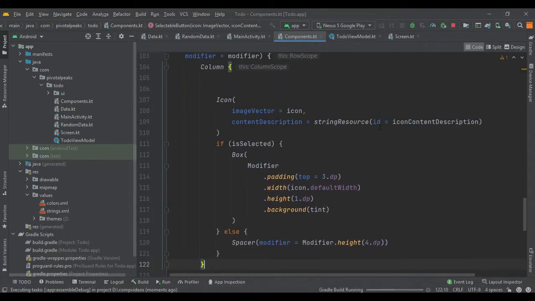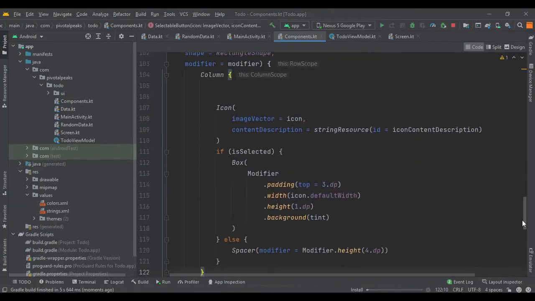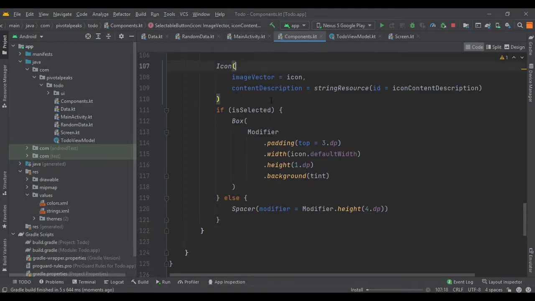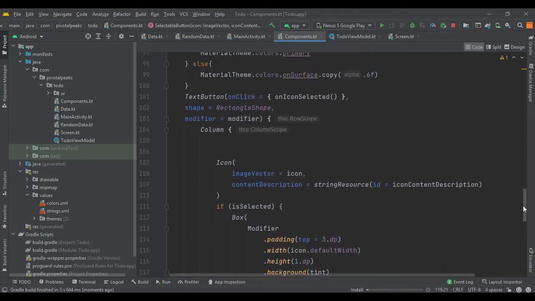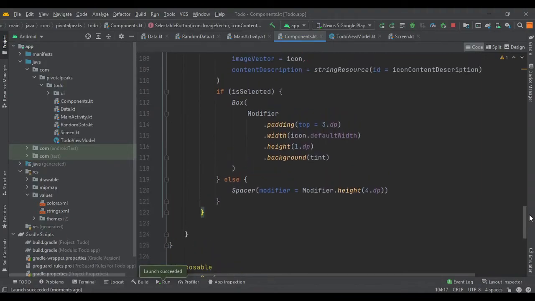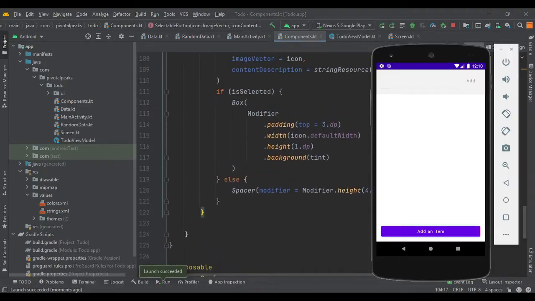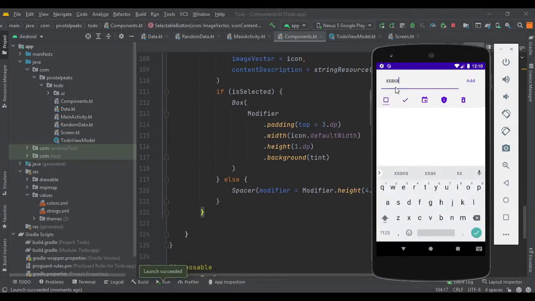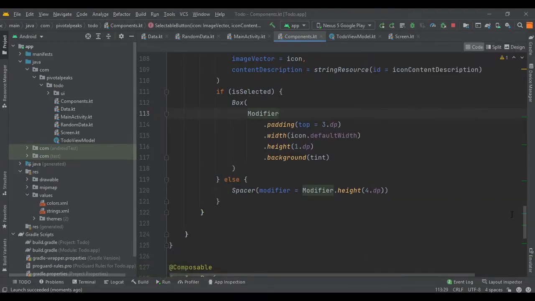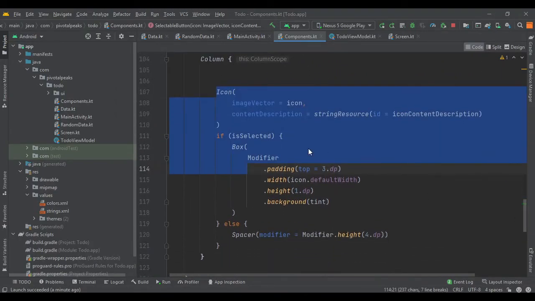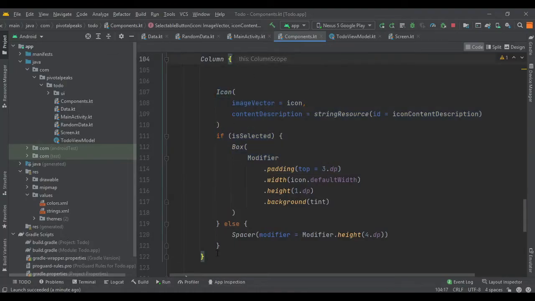Let's see if it's running properly. Icon if else. So in the column, how many do we have? Okay, until the spacer. So it's running properly here. So just make sure to put a column and a curly brace here, and a curly brace after this spacer.